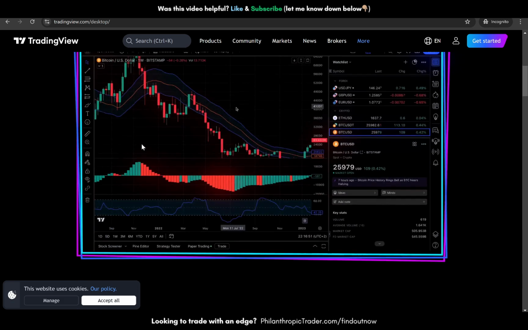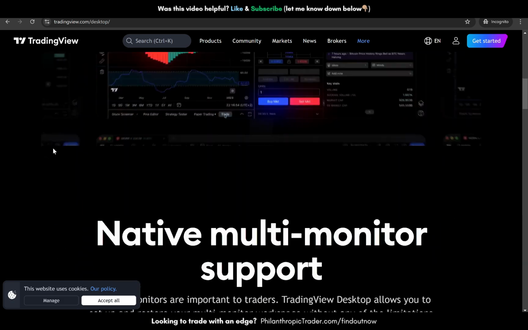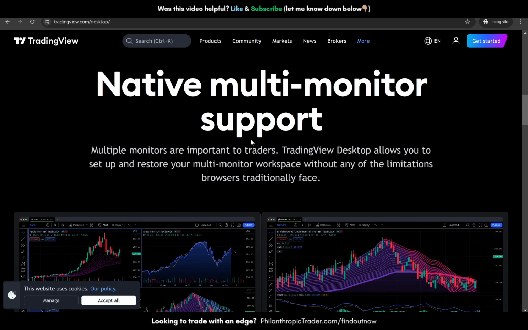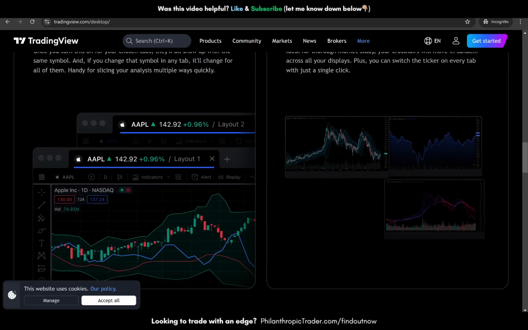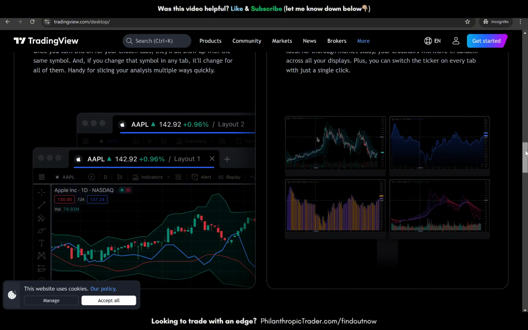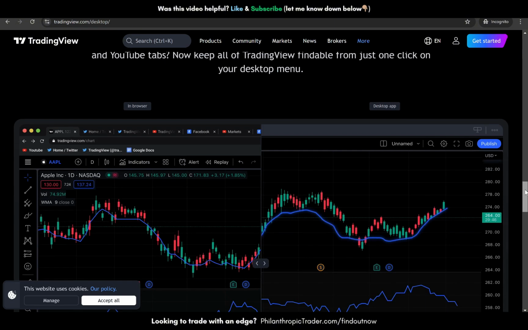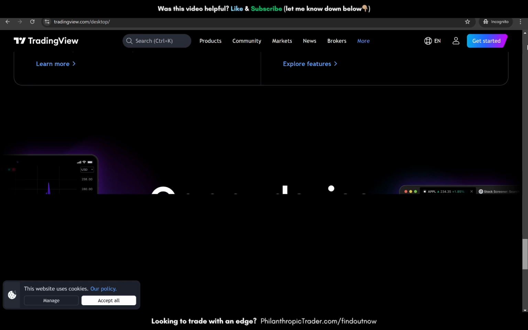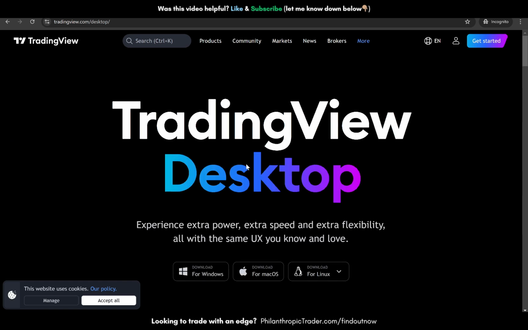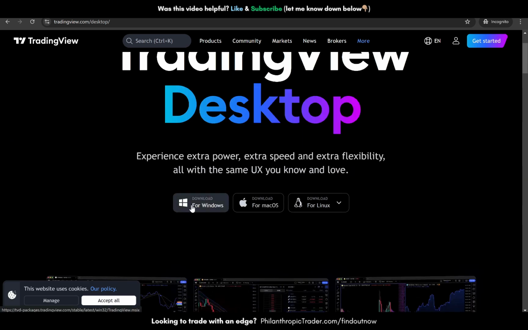All right, so this is basically TradingView, native multi-monitor support. All right, so basically all the tools that you have on the TradingView web version as well. So we go down to the upside, back to the upside. Over here we click on download for Windows,